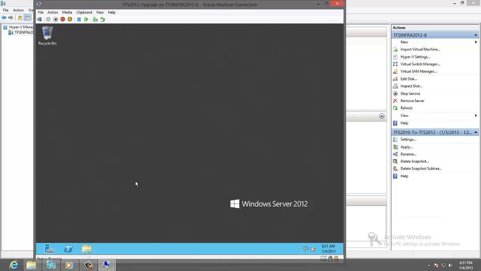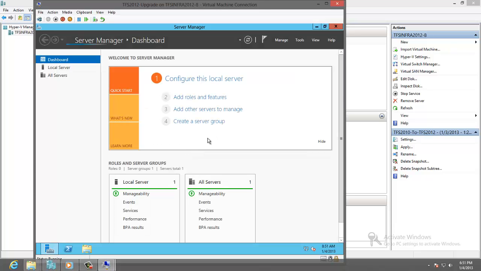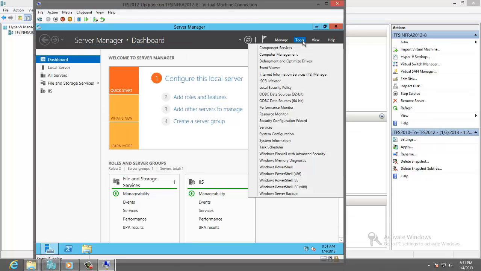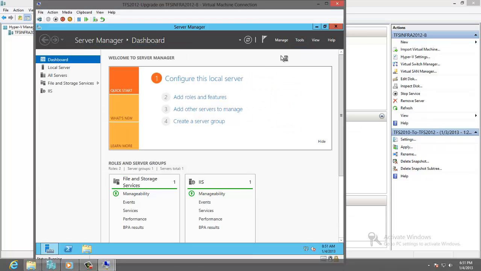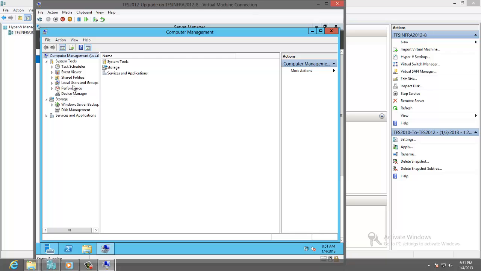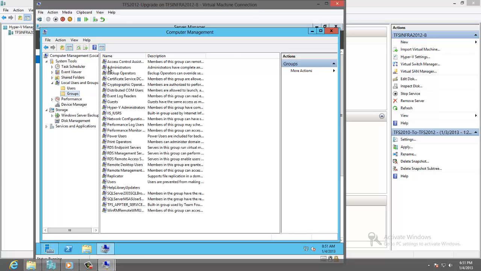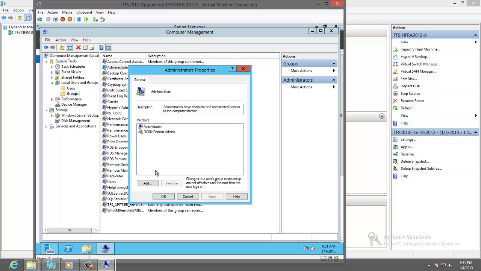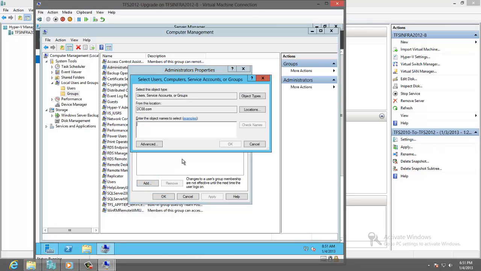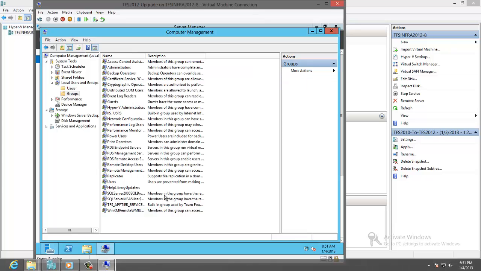The final step in our scenario is to upgrade the TFS build service. We need first to add the TFS build service account to local administrator. So we will go to the server manager tool, computer management, and open the local users and groups, administrators, add, and add TFS build. Okay,